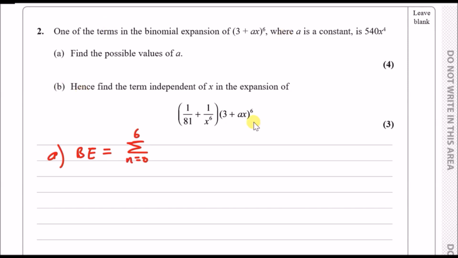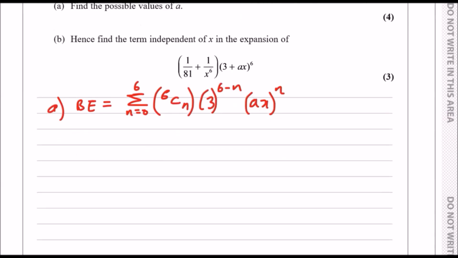Now this is just a case of order, yeah? The first term should always be this symbol, which is 6 choose n, where n is pretty much your number of terms. The next part would be the 3, yeah? So it'd be 3 to the power of 6 minus n, yeah? So you're always kind of going back here. And finally, you got the ax, which is going to be (ax) to the power of n, and that's your current position. So let's go ahead and expand for a second, guys, yeah,